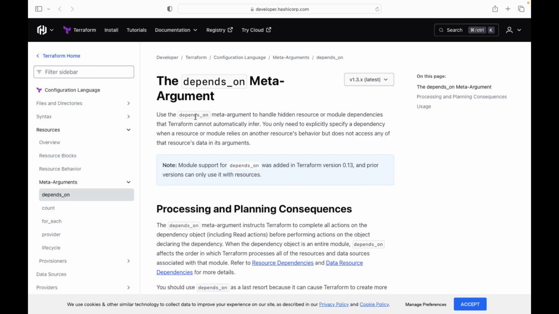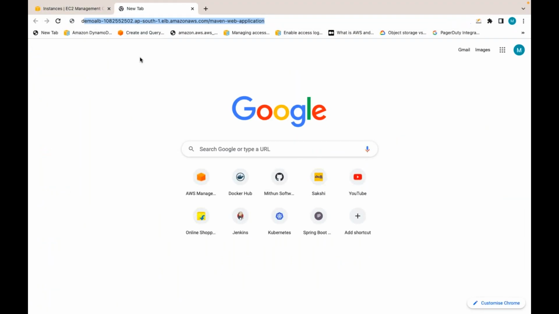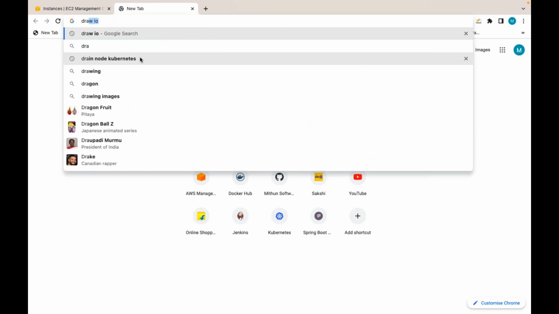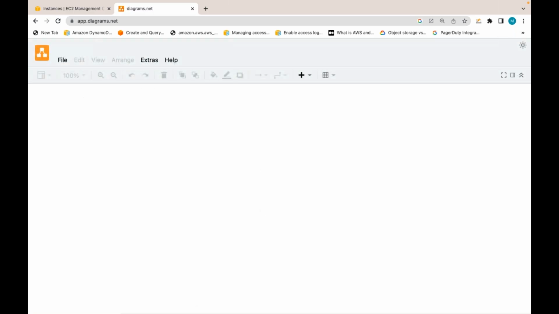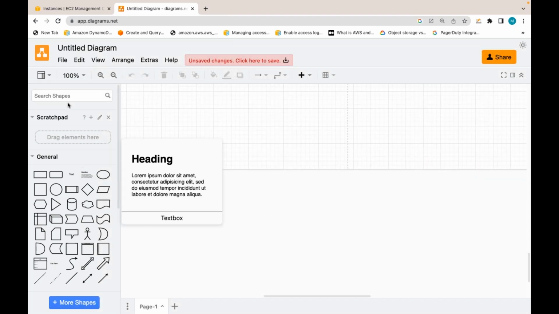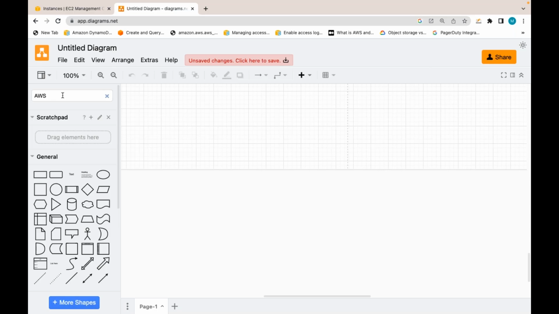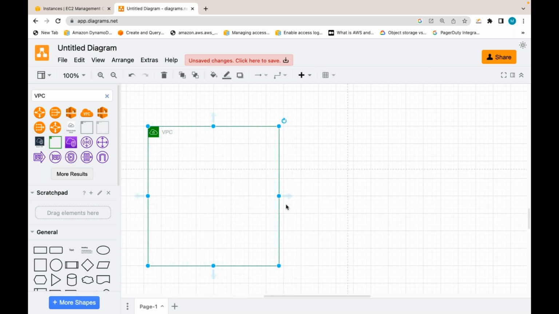Just to give an example, let's say you are creating a VPC using Terraform, and within the VPC, you are trying to create subnets. Let's consider this use case. Using Terraform, you are trying to create a subnet. But before creating a subnet, you should have, as you already know from the AWS VPC concept,